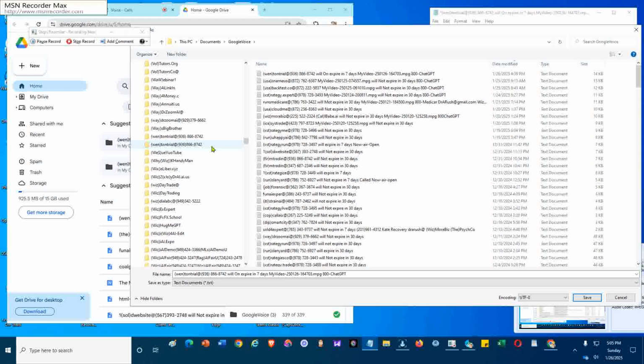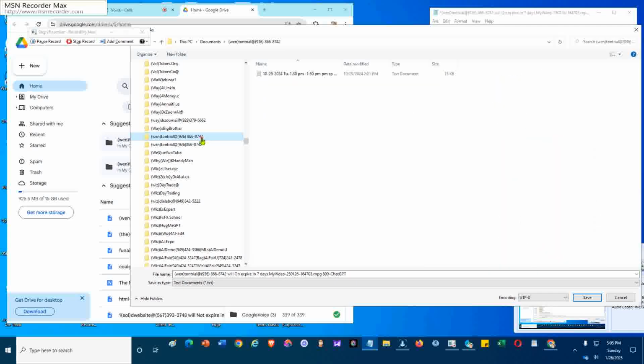Perfect. Naming the folder with the account name and number, like went on trial 936 866 8742, keeps everything clear and organized. You're doing a fantastic job with your record keeping.